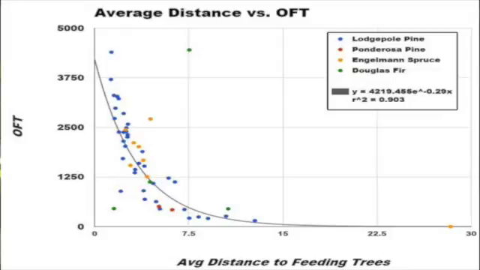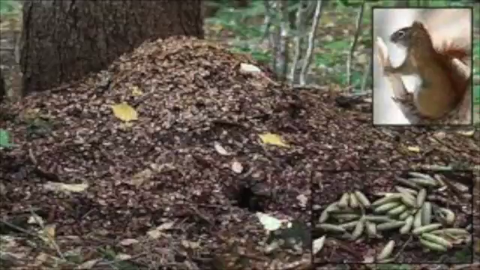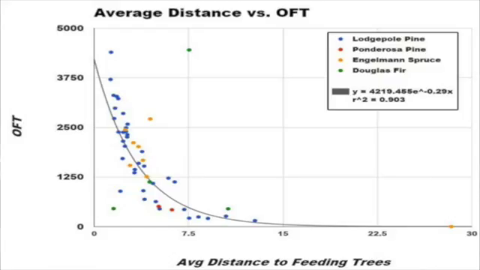In particular, lodgepole pines up in Netherlands are really common. And squirrels seem to prefer lodgepole pines over any other kind. Now, we also found ponderosa pines, we found Engelmann spruce that were inside those particular middens that we found, right, and we assessed. But they had a particular preference for these particular trees, lodgepoles, that is. And not only that, they ended up having a majority, like 80%, 70%, 90% of their middens consist of these particular trees that were really close to them. So it really made a great example of OFT in nature.